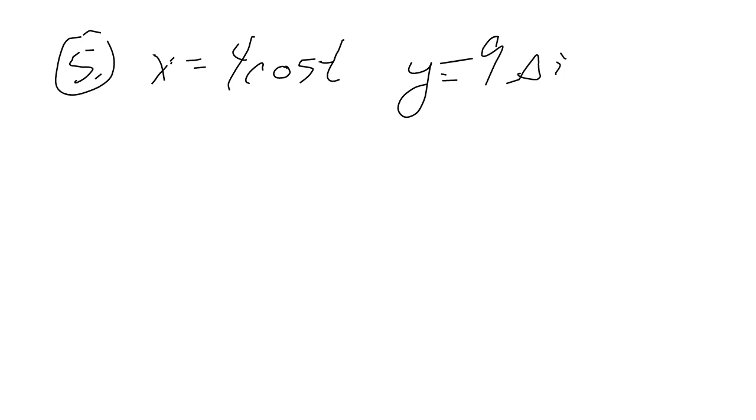Did anyone do this or not? No? Okay. Well, what do you think we want to do if we want to try and eliminate the parameter? What did we do in yesterday's example that had sine and cosine? So basically, we want to try and write this and eliminate the t. This is parametrically defined,